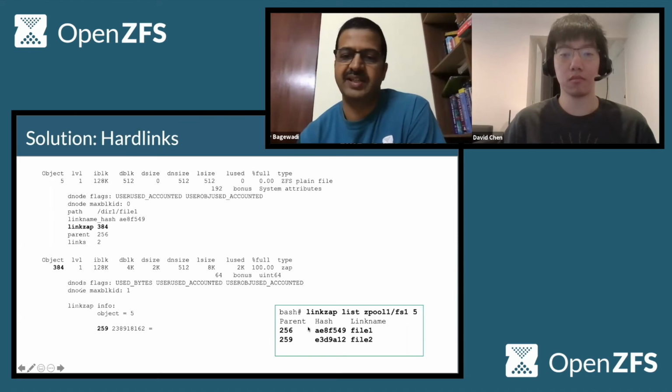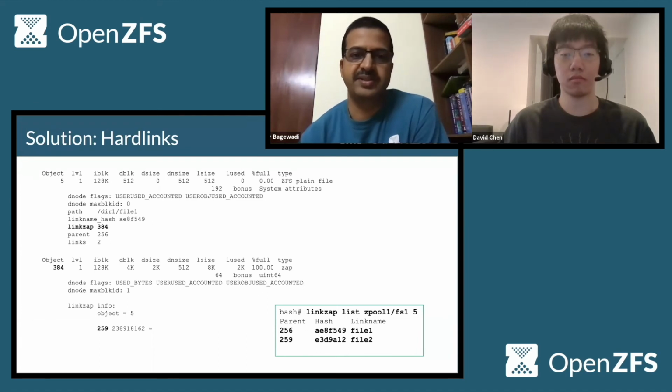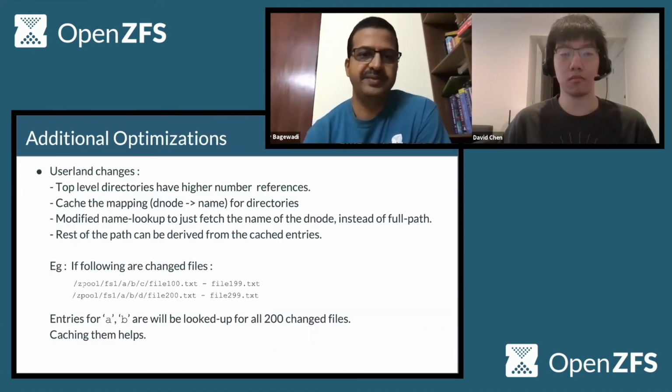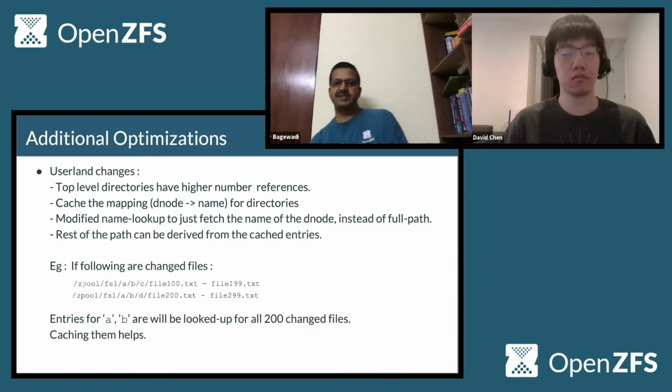So you can technically list all the hard links that are referring to this D node. So those are the 2 changes that we did with respect to the on-disk part. Moving on, we did some additional optimizations in there,